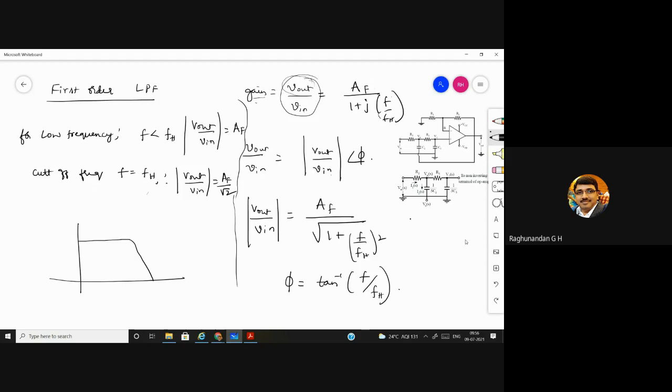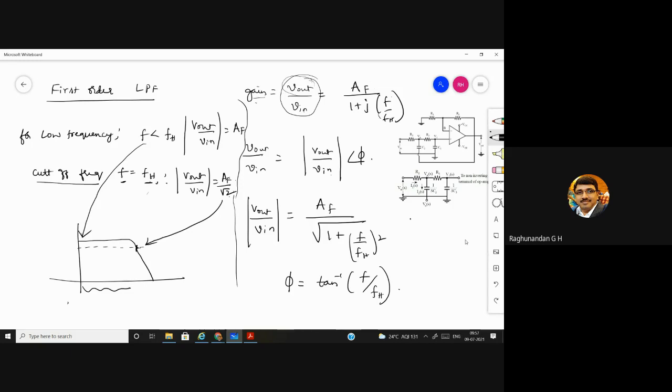See, this is the cutoff frequency. So this is the lower frequency we have, and we take 3 dB downwards. We are talking about this point. So this point is the lower cutoff frequency, because after this, whatever we get is the higher frequency. When the frequency becomes equal to the higher cutoff frequency FH, the gain will be 1 by root 2 times the total gain.